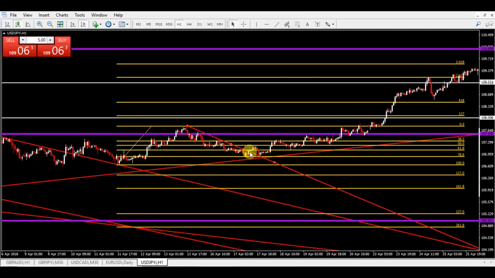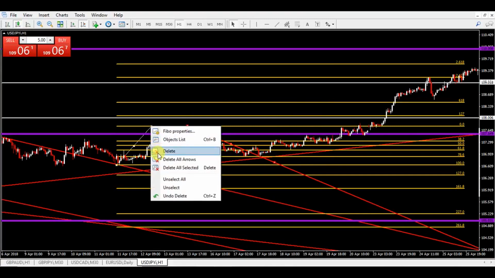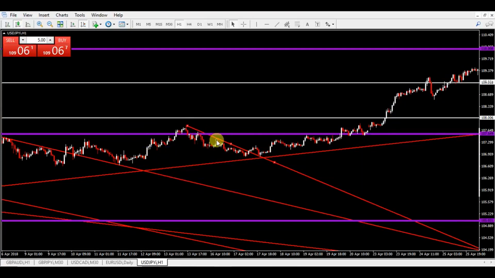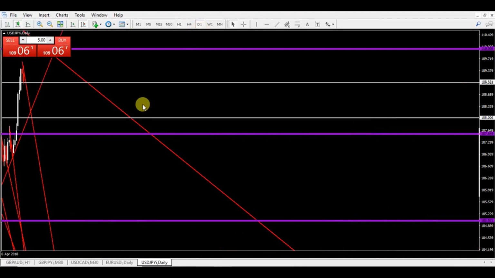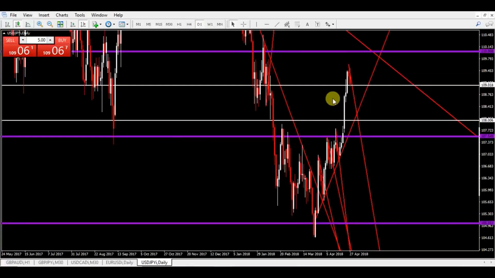above, which happened here, and it retested and continued up. So this is how you properly use fibs. This is how you properly draw them on. Even if we go as far as the daily, right? If we go as far as the daily,